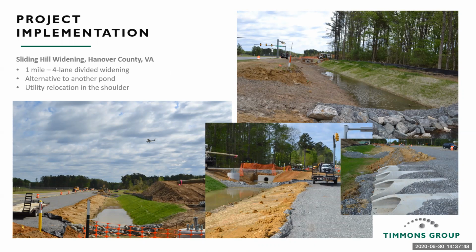This is a 1 mile, 4-lane divided widening in Hanover County, Virginia. The project is currently under construction, but as we started to look at some of the stormwater goals for this, we first started looking at ponds and where those could be best located at some of the downstream channels. Due to some environmental impacts and the potential developable potential for some of the properties a large pond would impact, we looked at, well, what if we redistributed some of that volume along the frontage of the road so that we weren't hitting one property more than any of the other ones.